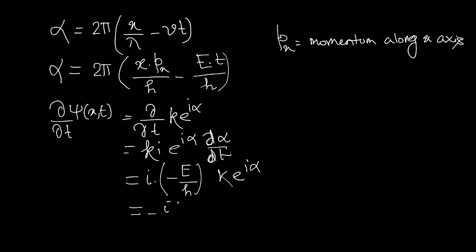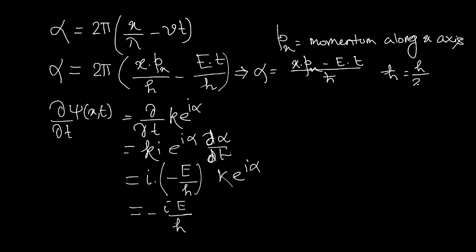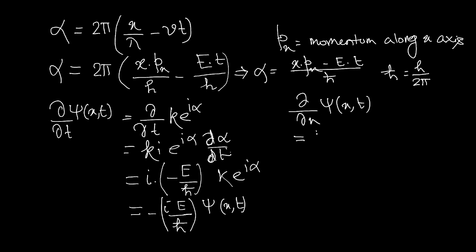So this equation will be E, i, h cut, where h cut is h by 2 pi, times psi of x comma t. On the other hand, if we take its space derivative, then similarly we will get